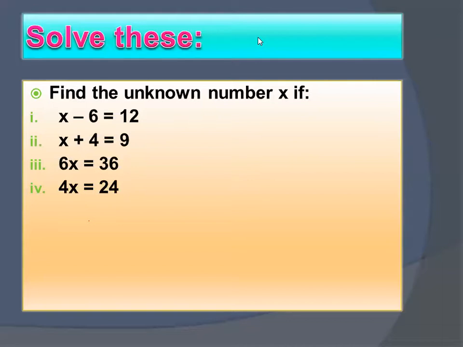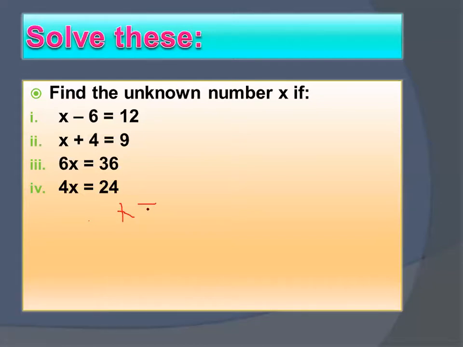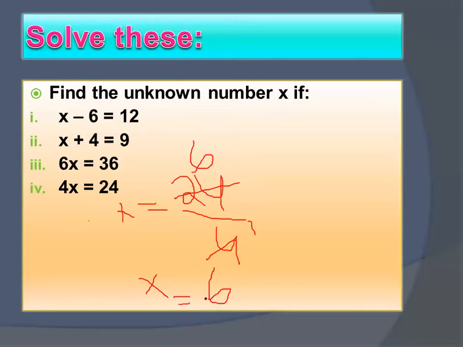Okay, Suhema, you are right. Now, class, please look here. What will be the answer here? Here you have x, and then you will divide this 24 by 4. So 4 ones are 4, 4 6s are 24. So your answer will be x is equals to 6. Okay, now move on to the next question.